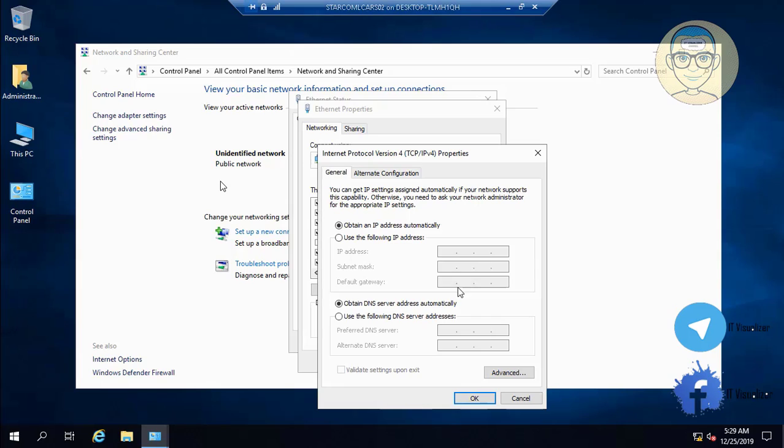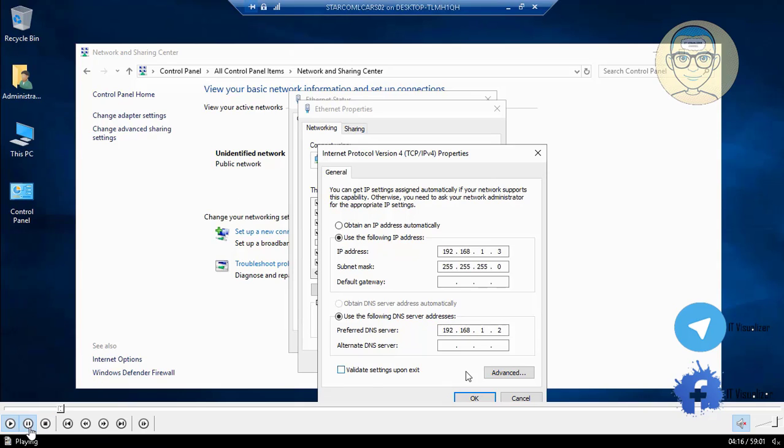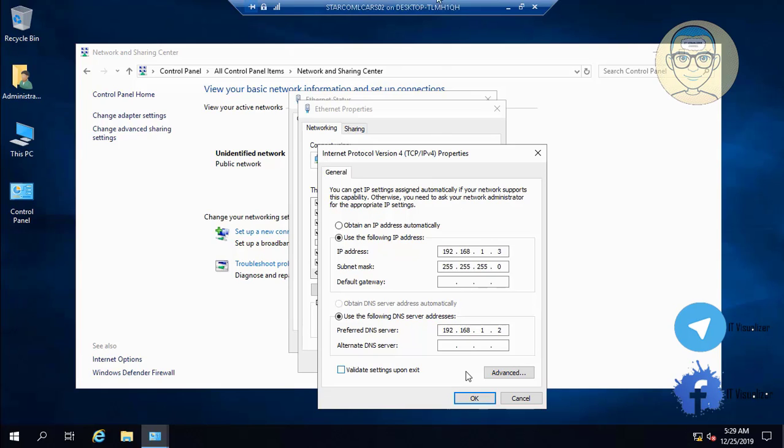So this will be, do it, okay. Here it will be 192.168.1.3 because our first domain controller is 2, and then we'll put the DNS 192.168.0.1.2. And remember, after promoting this server to be a domain controller and DNS, we need to fill this alternative DNS